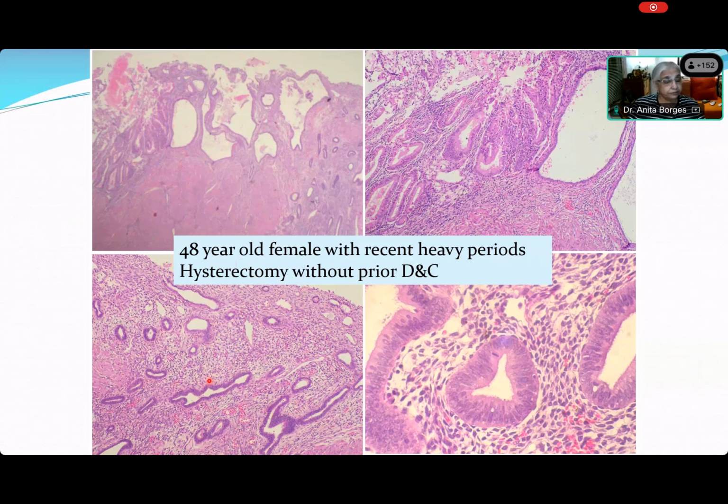Everything is screaming at you that this is unopposed estrogen. There has been no progesterone in this system. Do you get it? You can see the mitosis, or you can't. There is a mitosis right there, sitting in the right-hand side bottom picture. Can you see the mitosis or not?